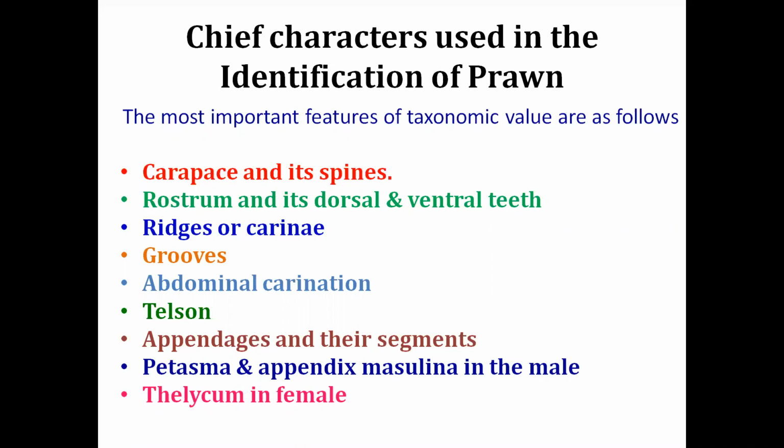So from the next class onward, when we will talk about the taxonomic or the diagnostic characters of the different prawn species, whether the peliminoid prawn or the penoid prawn, then we have to remember all these structures or the organs of the prawn. On the basis of that, we are going to study the different family, the genus and the species. So you have to remember. If you have any confusion about these structures and features, we can discuss